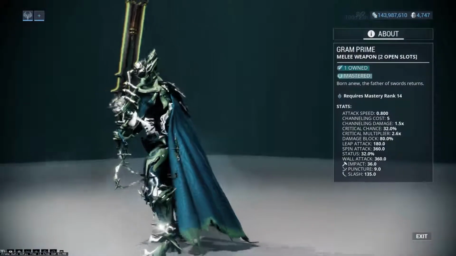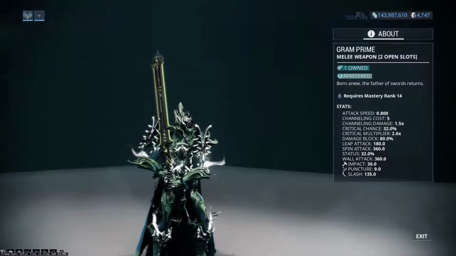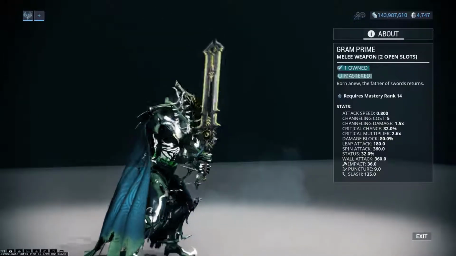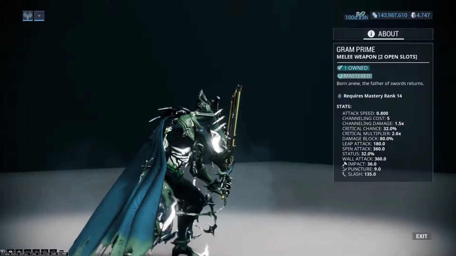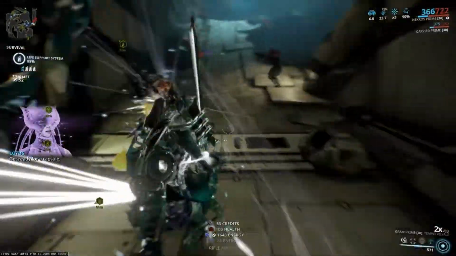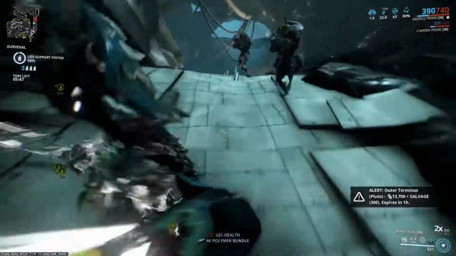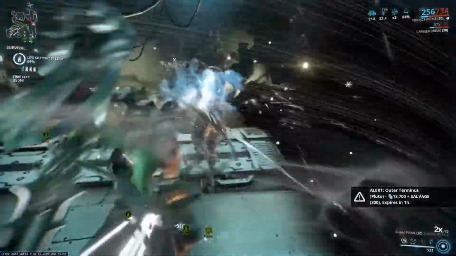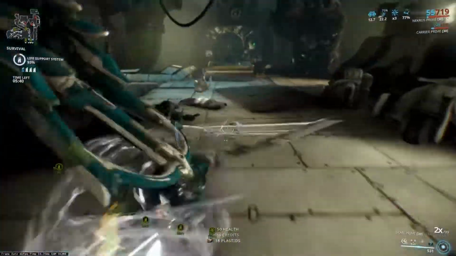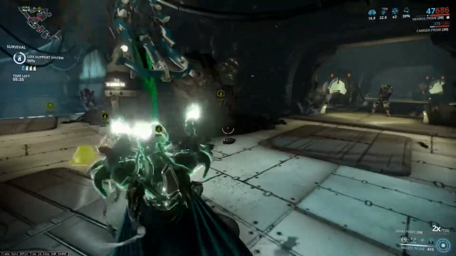Now, this is a Mastery Rank 14 heavy blade. It has a very slow attack speed of 0.8 and a block resist of 80%, which is quite impressive considering it's not a sword and shield. Total damage is 180, that's split into 135 slash, 9 puncture and 36 impact. It has 32% critical chance and a 2.6 critical multiplier, and my favourite part, because hybrid build, is a 32%